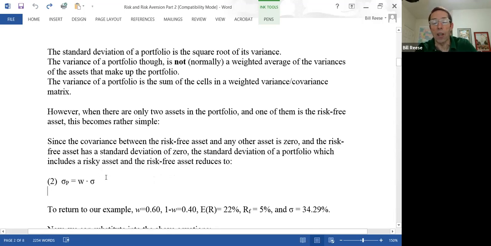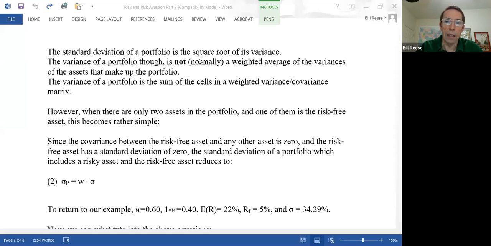And again, I want to emphasize this only applies when we have one risky asset and one risk-free asset. Let's see why it simplifies so much that the standard deviation of the portfolio is simply the weight on the risky asset times the standard deviation of the risky asset. And we can do this by